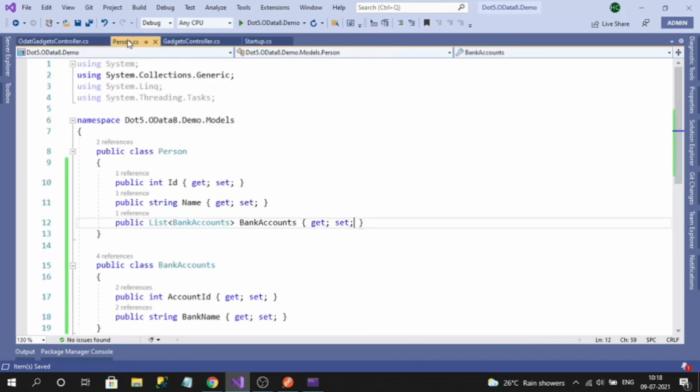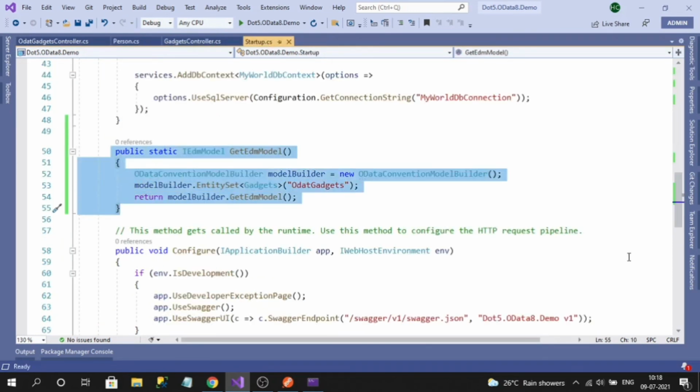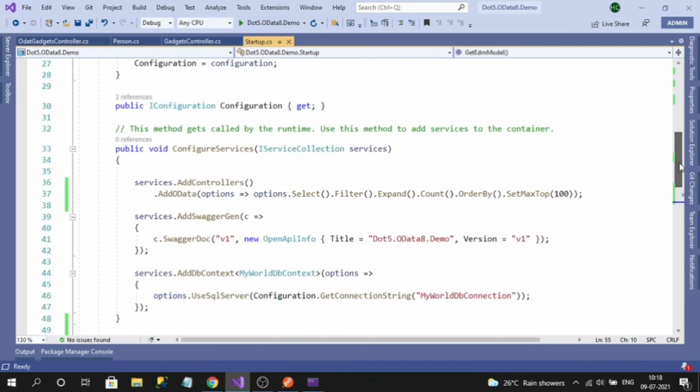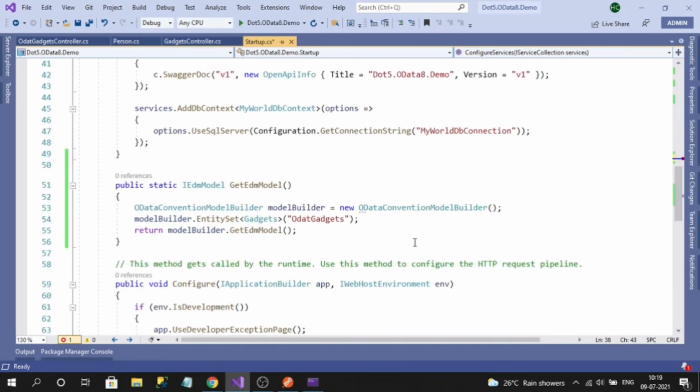Okay, and we need to register this. Here we have created the EDM model, right? The OData EDM model needs to be registered here. To register that, there is one more extension method, like app route component. Here I will name it OData. This will be used in the route as well: host slash OData slash the controller name, like that.